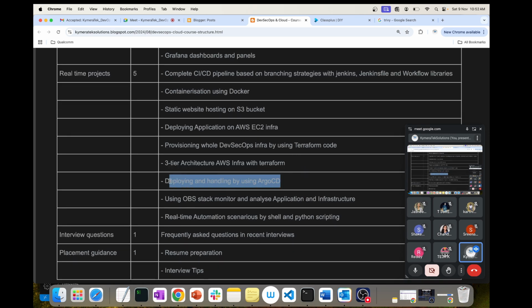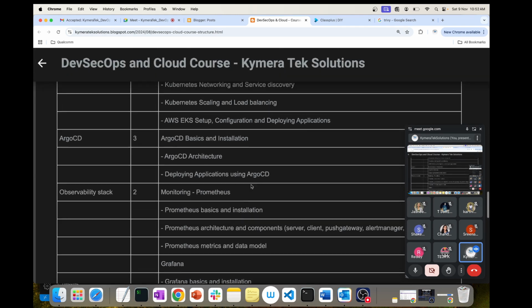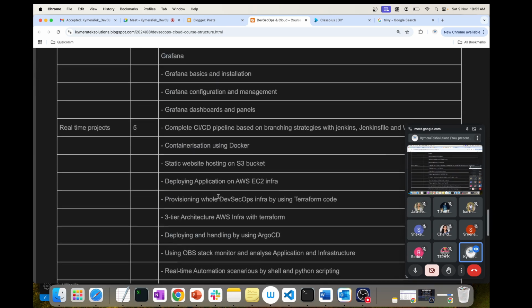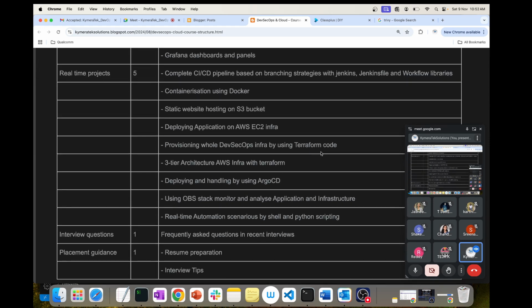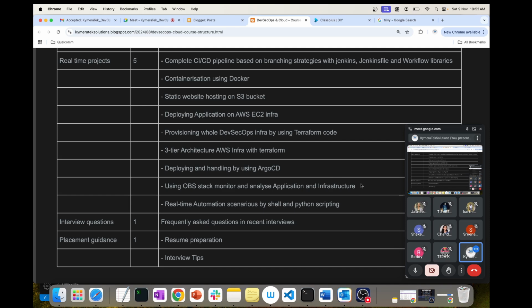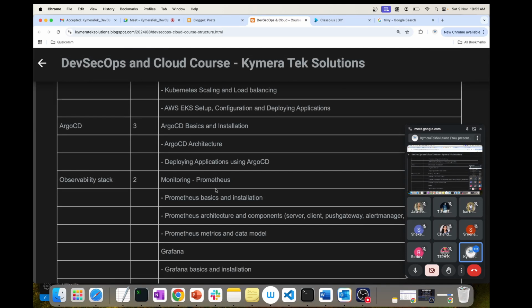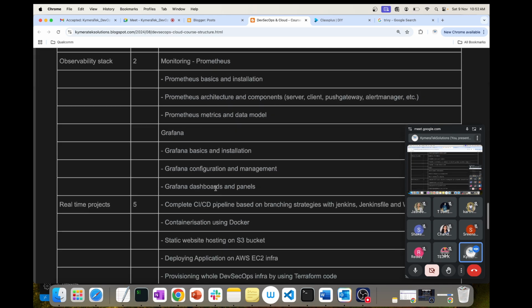And then deployment using Argo CD, that I'm going to talk about. With Argo CD itself, at the end we will deploy using Argo CD. That is also one project where a deployment pipeline will be included. And then we will deploy our monitoring tools like Prometheus and Grafana, and the applications we deploy, right?